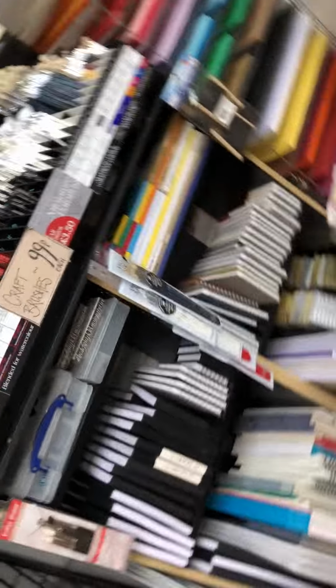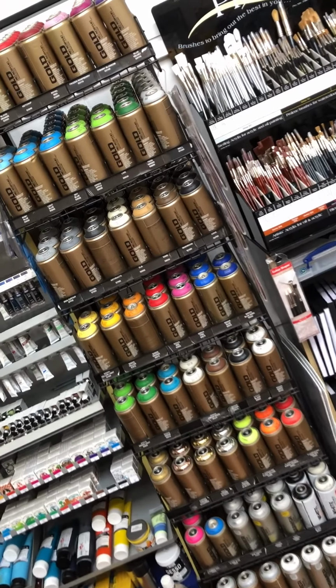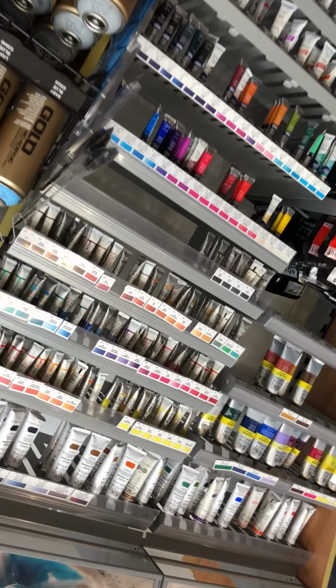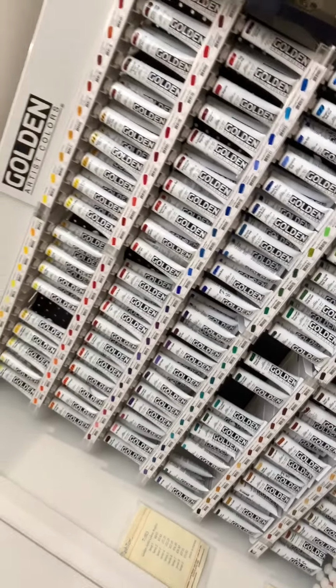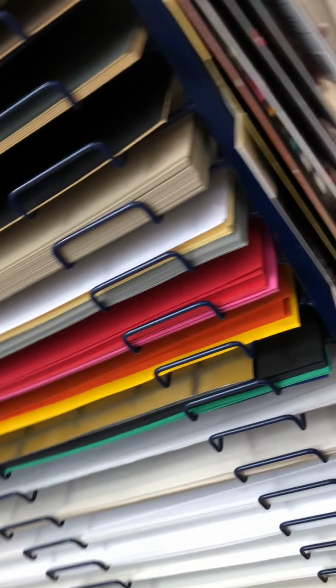Paper, card, brushes, sketchbooks, spray paint, really popular. Forgotten what I'm looking at now. Oil paints, acrylic paints, and more acrylic paints, gold and acrylic. And then I'm going to whiz round and just show you craft acrylics and fabric paints. There we are. And more paper, more card